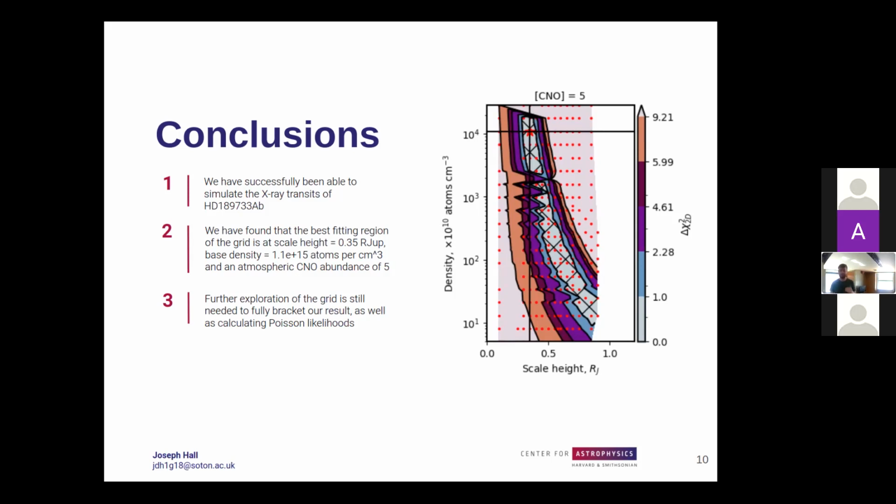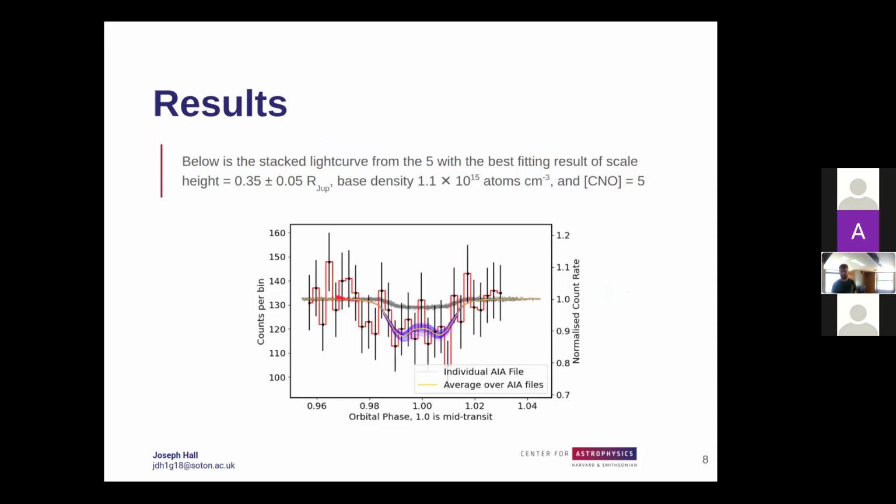It's just that both parameters affect the depth of the transit we observe, since a larger scale height means a larger atmosphere absorbing, and larger density affects the amount of light absorbed. So it changes the shape of the light curve somewhat. For a larger scale height, we don't see the W shape, we just see a flat transit, for example. Right, but would you also be able to make predictions, like optical, in that case? I don't know, I'm afraid, sorry. Yeah, the X-ray absorption is above the optical focus. So for all intents and purposes here, the optical is